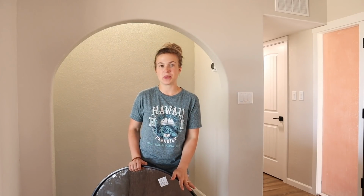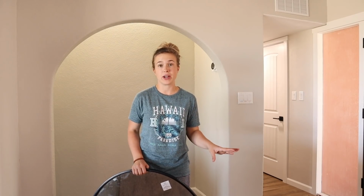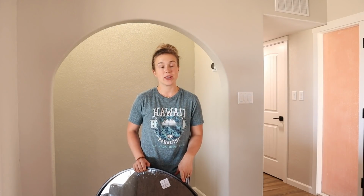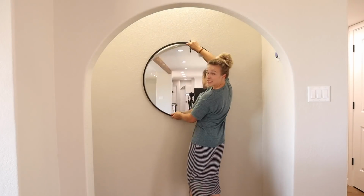Ever since we started the renovations, I knew that I wanted to put a great big round black frame mirror into this little cutout right here. That's just always what I envisioned hanging in there. I was gonna get the one that they have at Target, but that one is only about 30 inches and it's $80. And this one from Hobby Lobby is almost 32 inches and I paid about $64.99 because it was